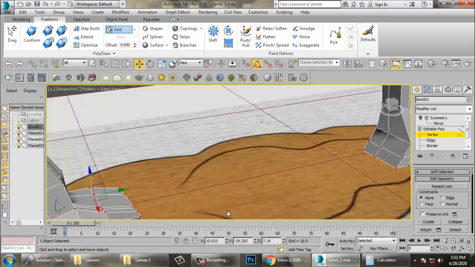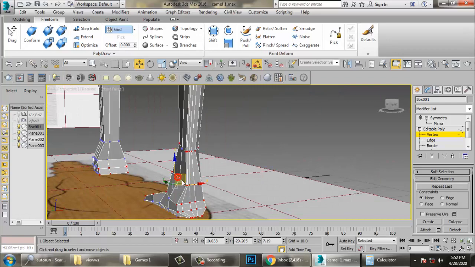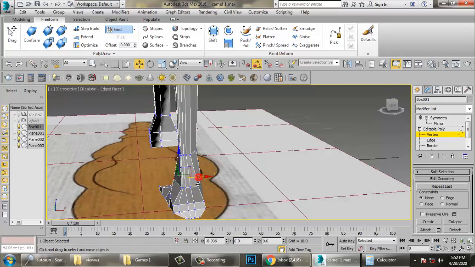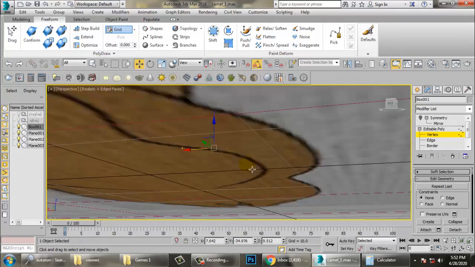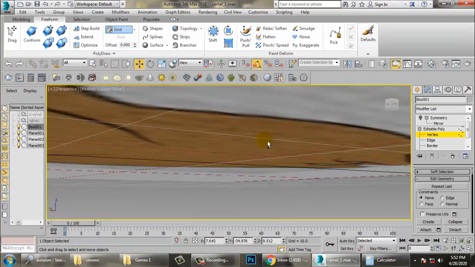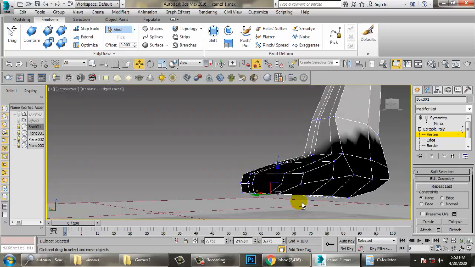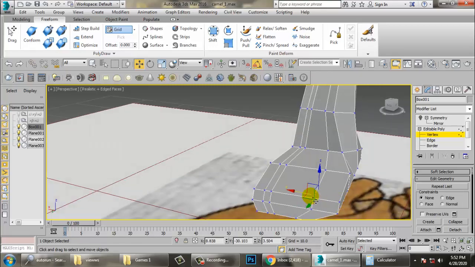So let's zoom it, select this part, just push it in this way. So select this, this, and push it a bit out.